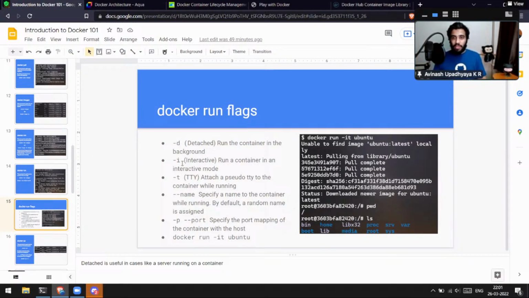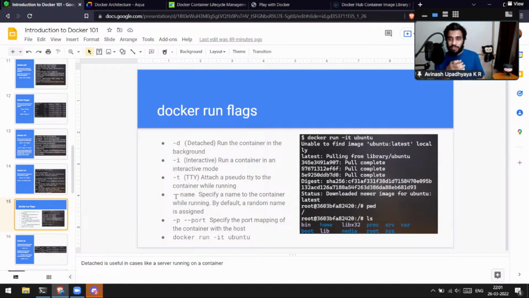Not an issue. And the -i flag indicates an interactive mode, that is, if you want to run a container in interactive mode. Each container is kind of a VM, like I mentioned, so it has its own shell inside of it. It has a kind of operating system, not exactly an operating system, but it emulates an operating system. So you can have Ubuntu or CentOS, any kind of operating system running inside a container. So you can interact with that container using the -i flag. And then the -t flag attaches a pseudo tty,